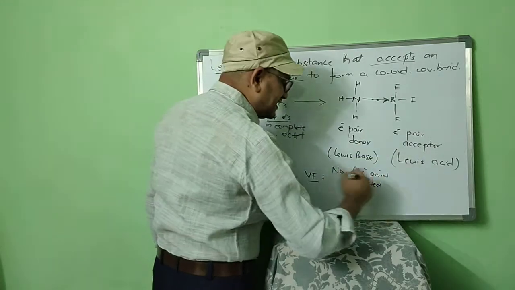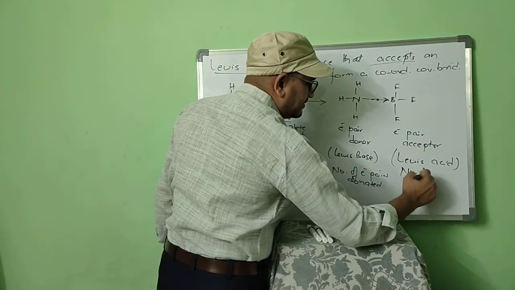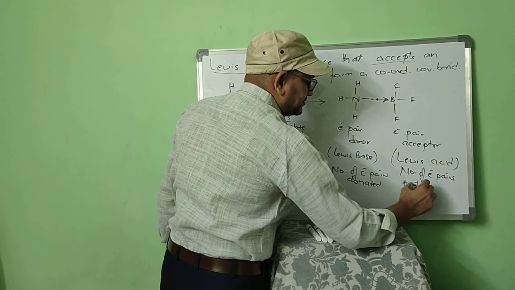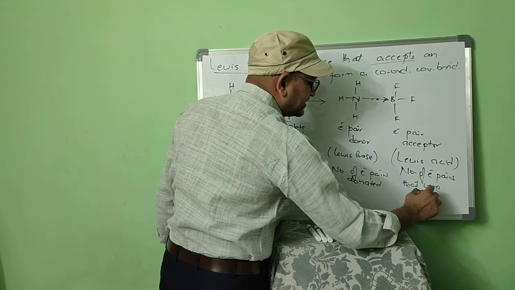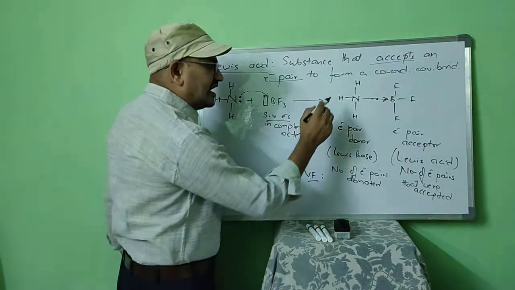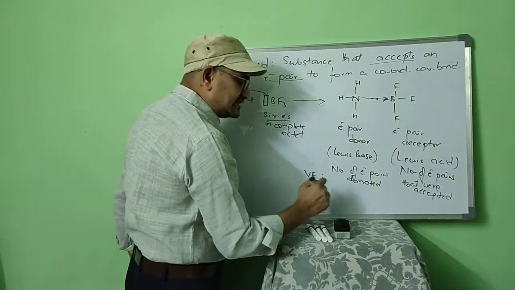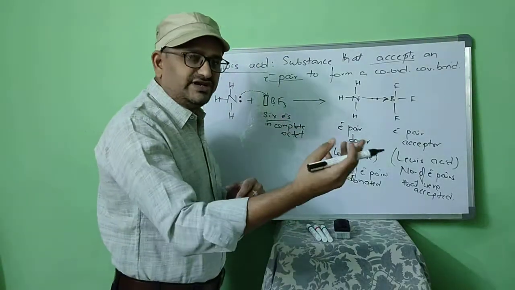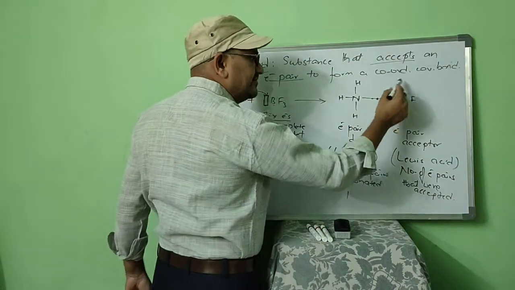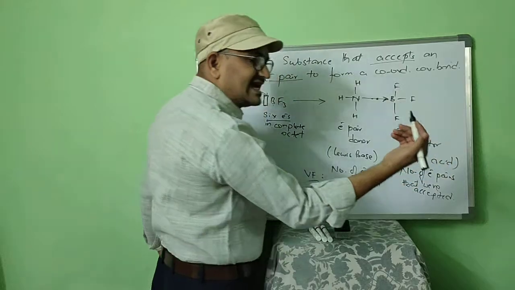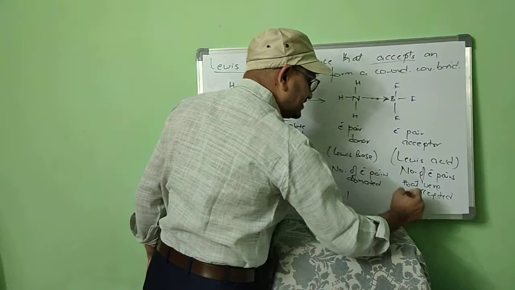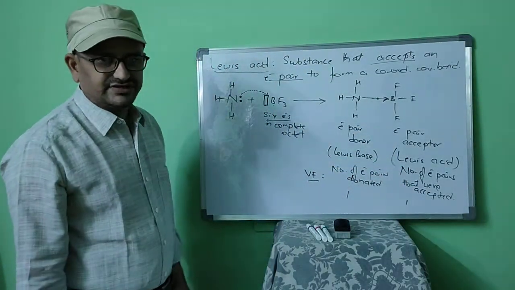If it is a Lewis acid, valency factor is nothing but the number of electron pairs that were accepted. Understood? Now, for ammonia, which is a Lewis base, what is the valency factor? How many electron pairs has it donated? One pair. So valency factor is 1 here. In case of BF3, how many electron pairs has it accepted? Ammonia has donated one electron pair, this has accepted one electron pair. So here and there, valency factor is 1 and 1.